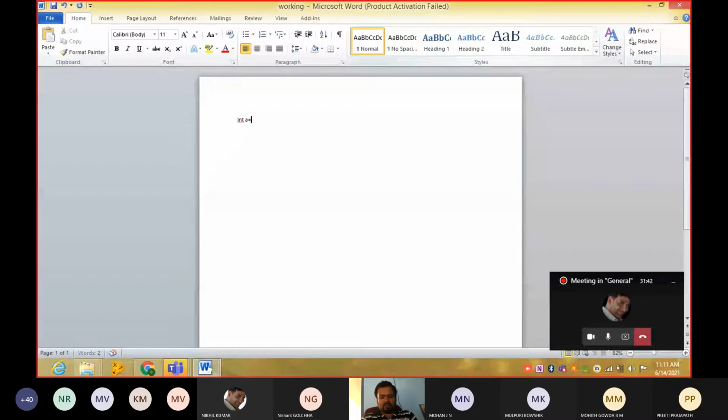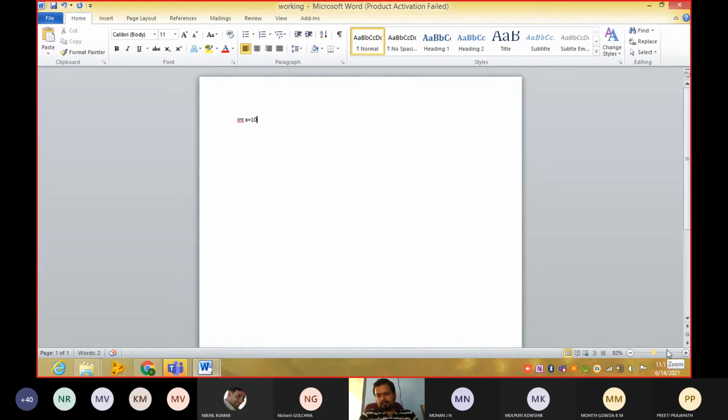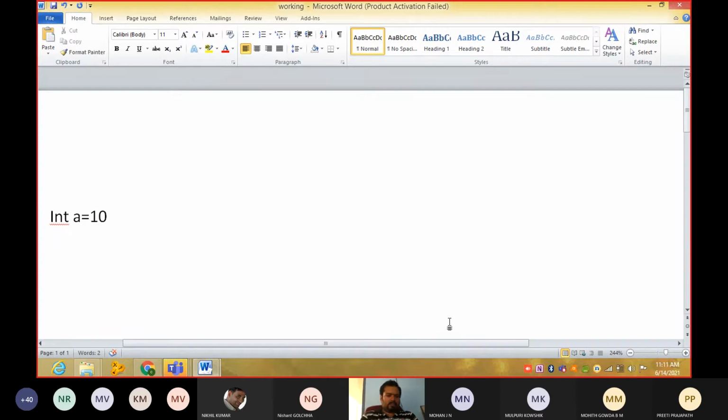Int a is equal to 10. Now for you people, I will zoom it. Int a is equal to 10.